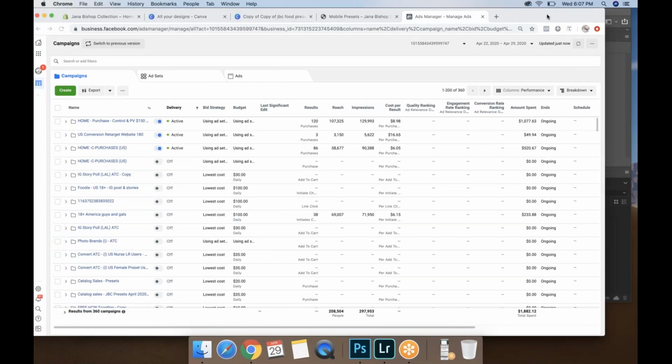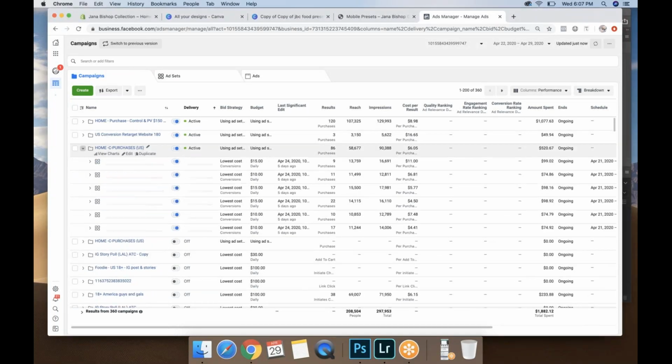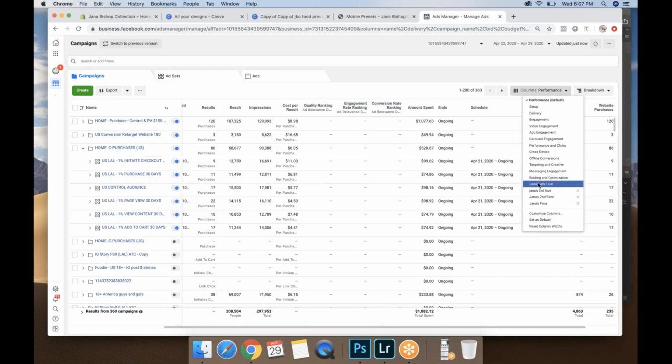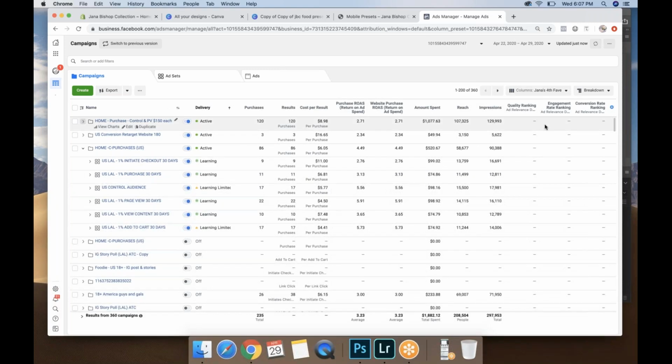Okay, so if you want to go ahead and click on Home See Purchases so we can look in there. And then if you want to scroll over to the right so we can see the return on ad spend. There we go. 2.1, 2.76, 3.13. And then, so we would want to turn off the initiate checkout 30 days, but just to be sure,